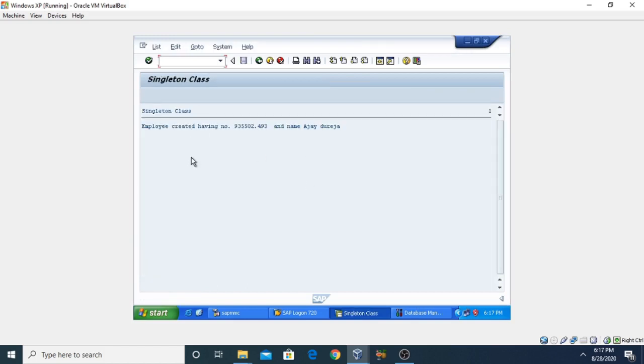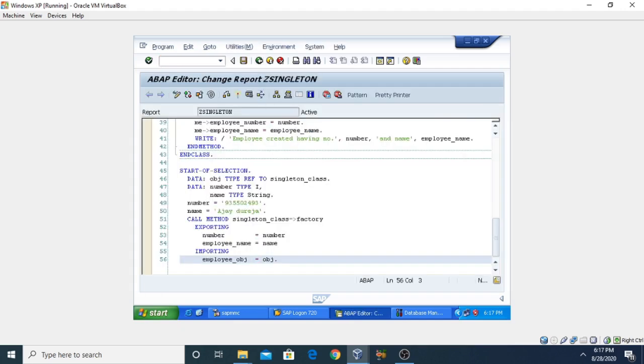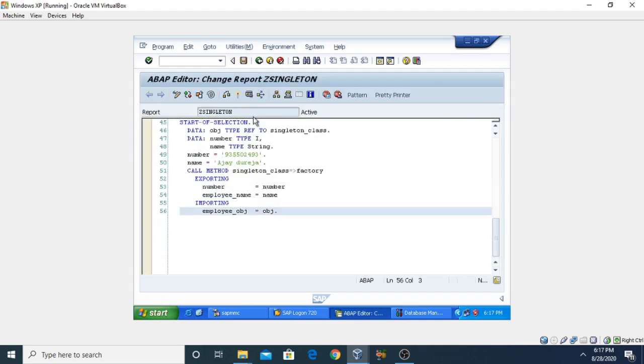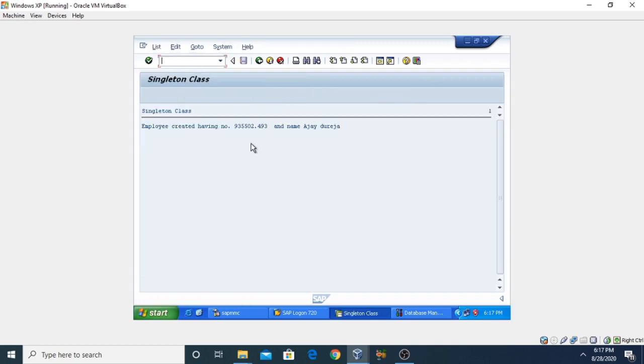You can see that no object was already there, so it automatically created the object and assigned the values to the attributes of the class. So employee created having number is this one and name is this one. I am again going to execute this program.